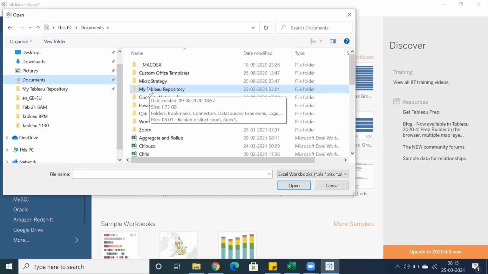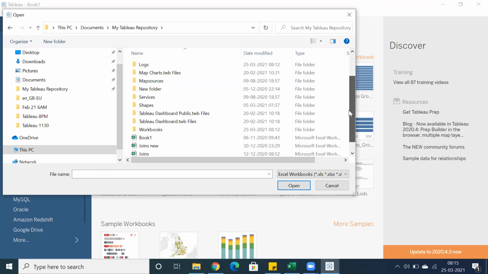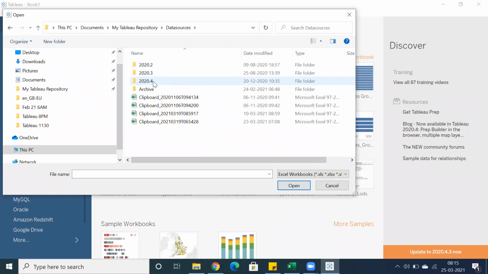When you install Tableau, in the documents folder, you will find My Tableau Repository. You can also install on Mac and get that particular path straight away. In the data sources folder, what I mean to show is these three folders. I installed 2020.2, 3, and 4 versions. So you can install n number of versions.